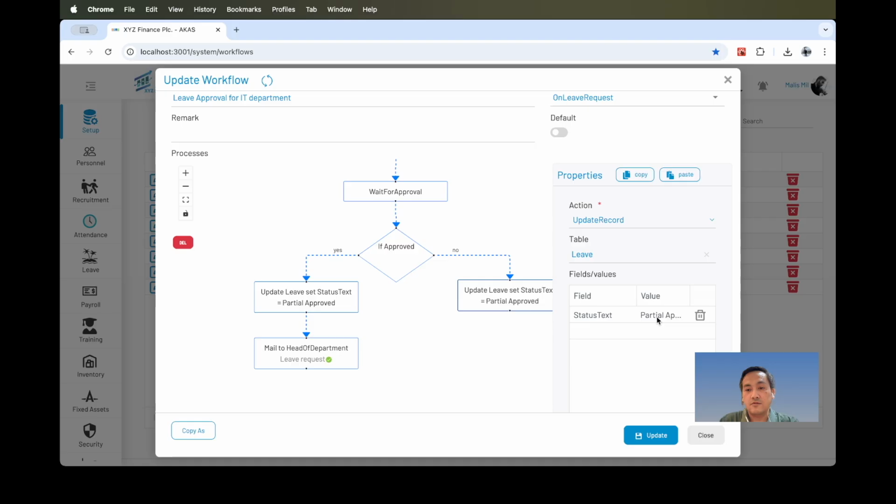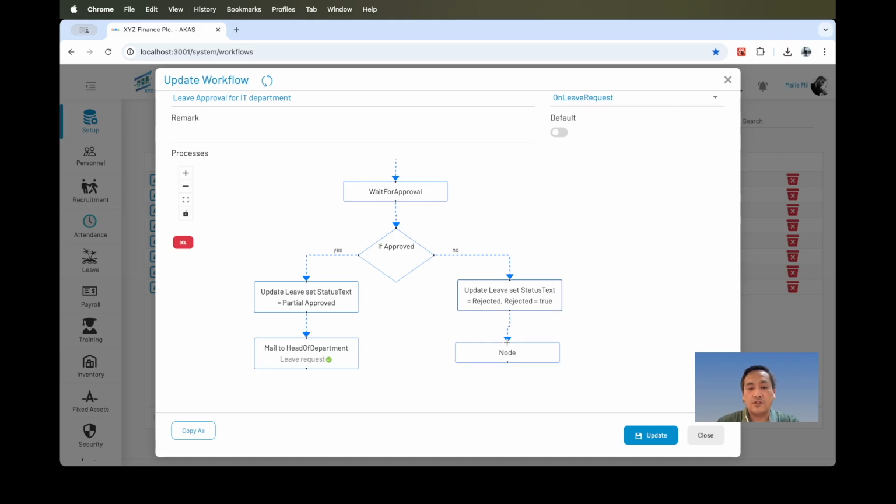Then we change this to rejected, and we set the field rejected to true. And we also want to notify